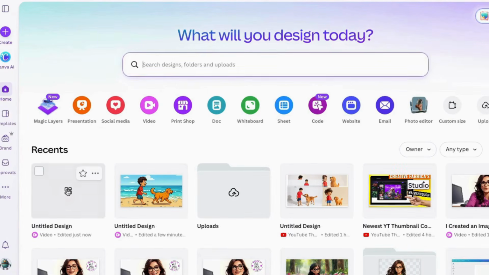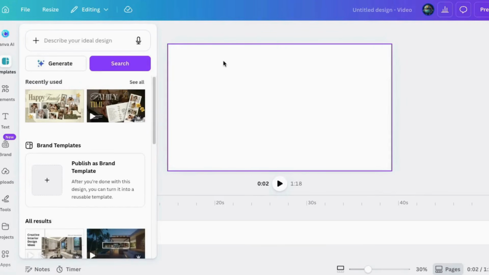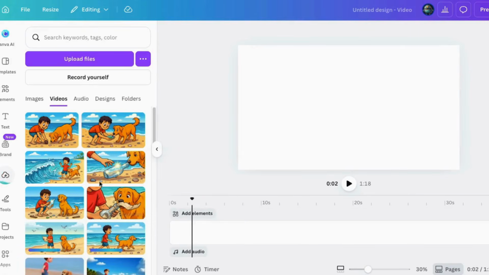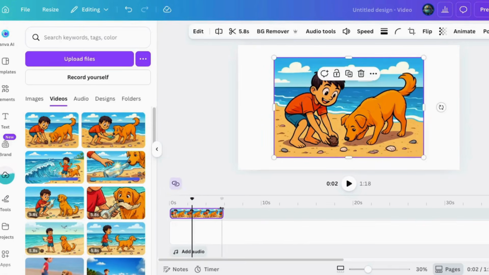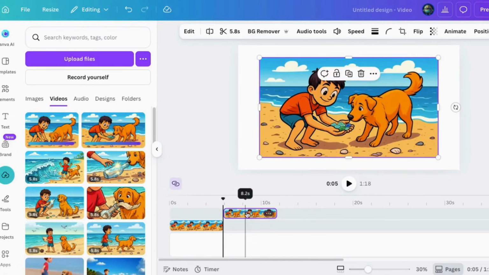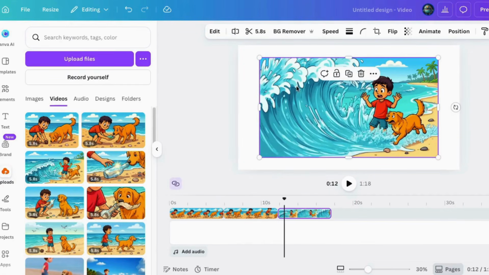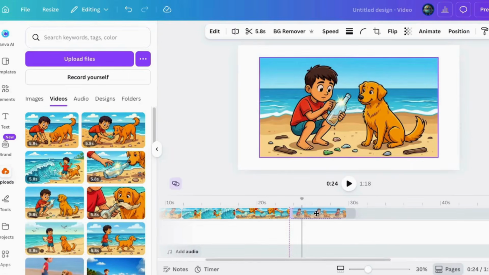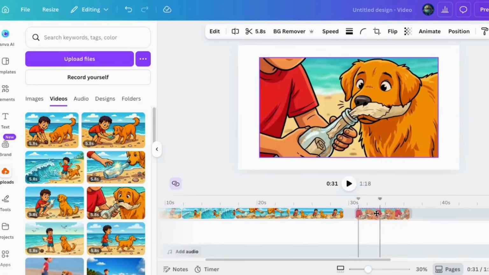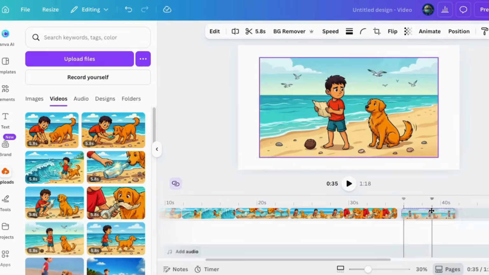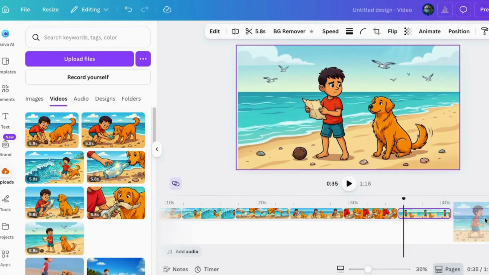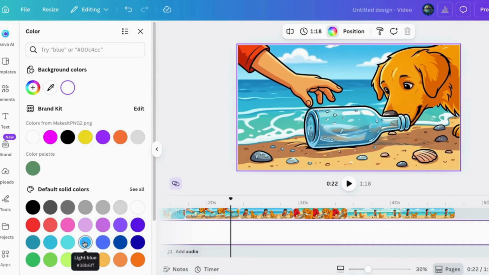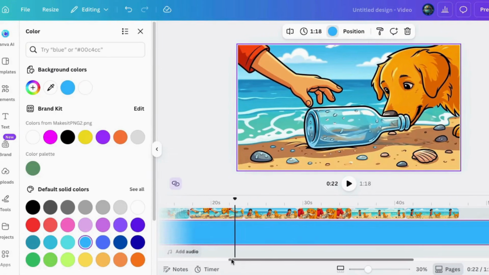All right, I'm in the video editor. I've already added a blank down here. So the next thing I'll do is upload all the new videos. Then I'll start putting them in order. Okay, that's done. I'm going to add a blue color to the background and take each one of these videos